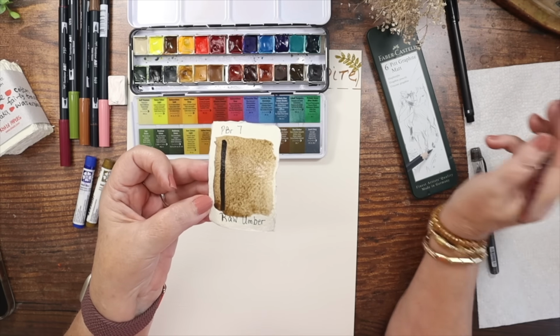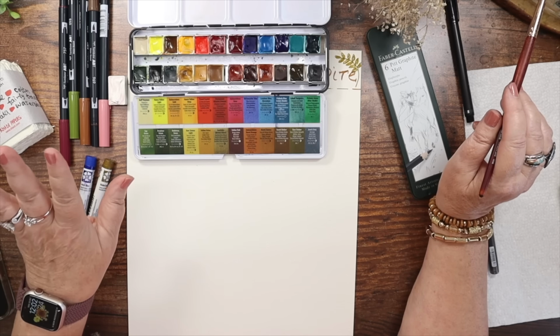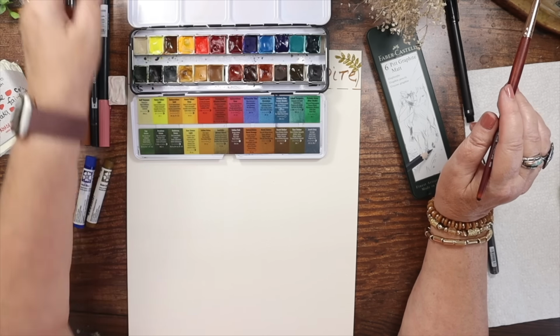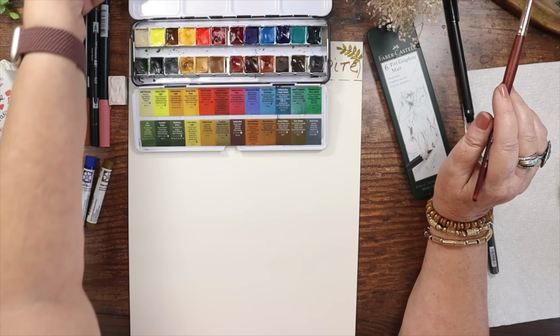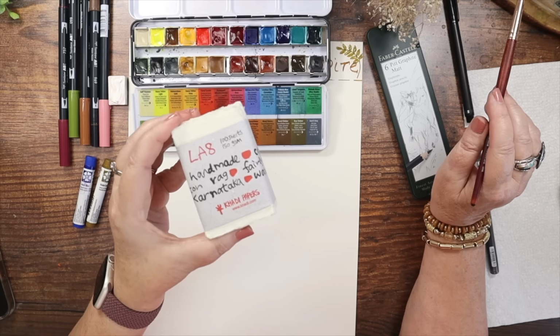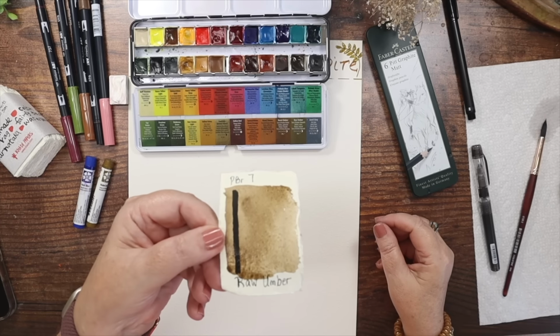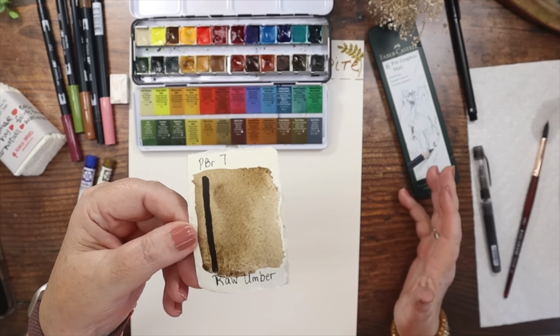So I'm going to put this aside, and we are going to mix some colors and get some unexpected results. This is cotton paper, by the way. These are little sheets I got from Jackson's Art. Okay, so I got interrupted, of course,